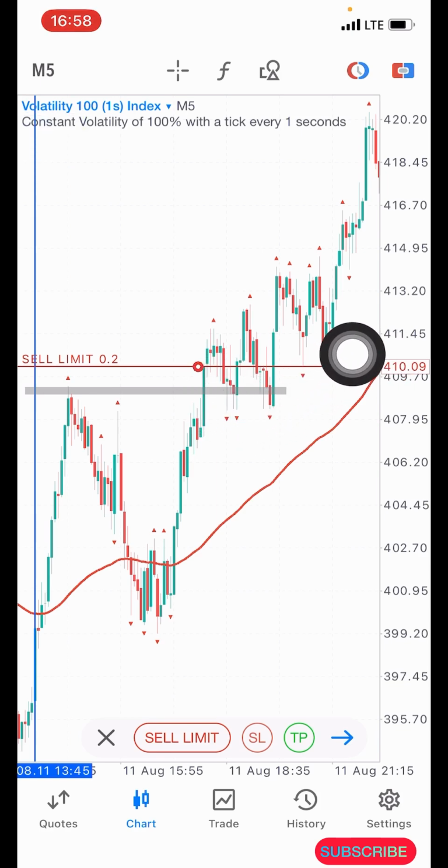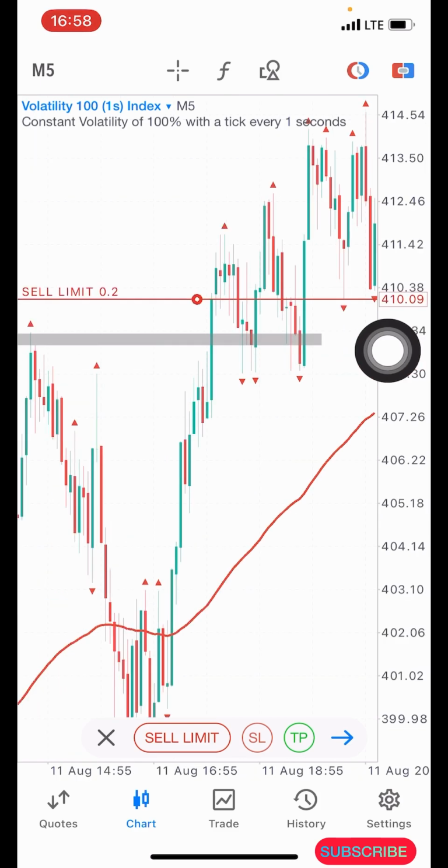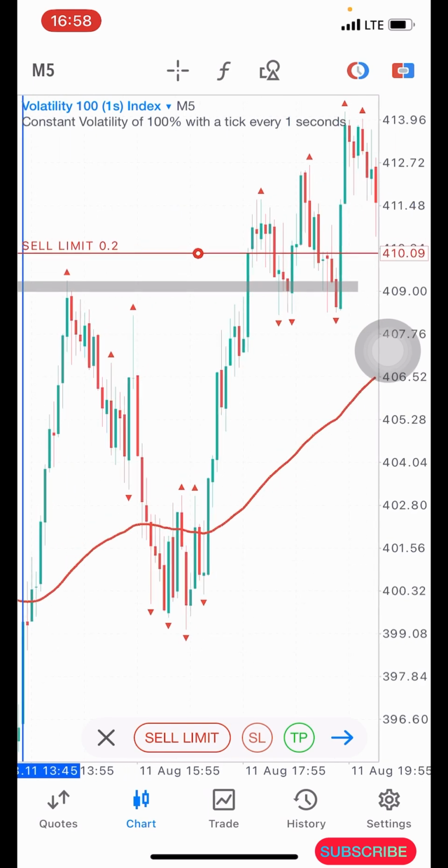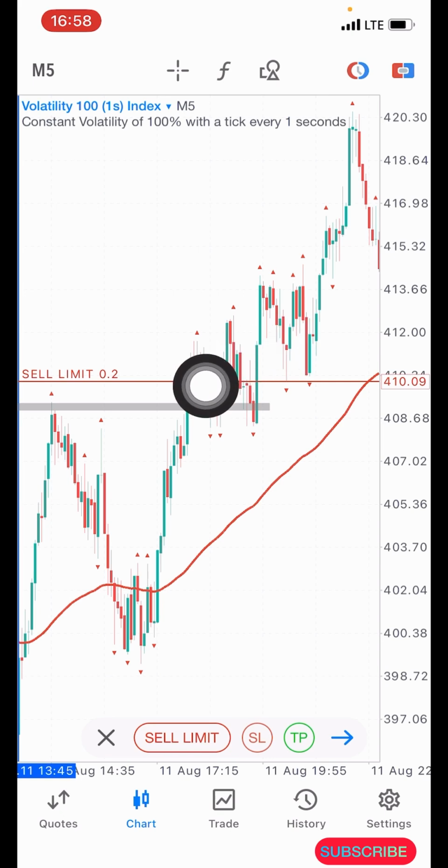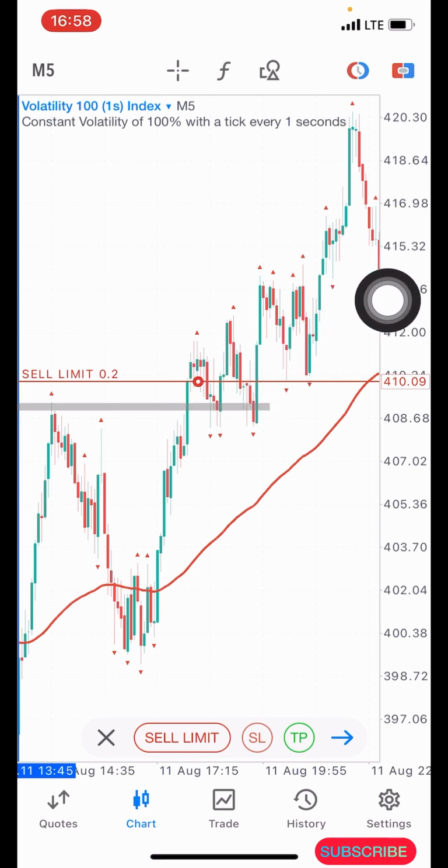Once you spot this, you have to mark it. Let me zoom in a little bit. This zoom level is good for it. So you have to mark this. Then that's where you have to take the entry from. This candlestick that broke above it, that's where you have to take the buy entry from, and your stop